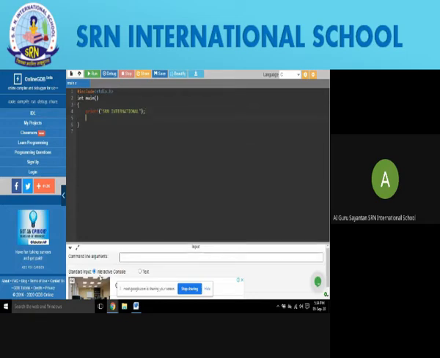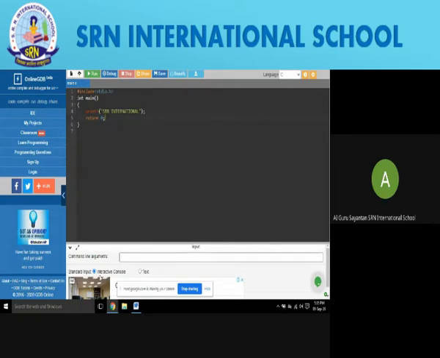So after this, I will just put an enter, and I will write return 0. Now let me explain these two lines. The printf statement is nothing but a command with the help of which anything that we write inside it within the inverted commas will be presented on the screen exactly similarly.